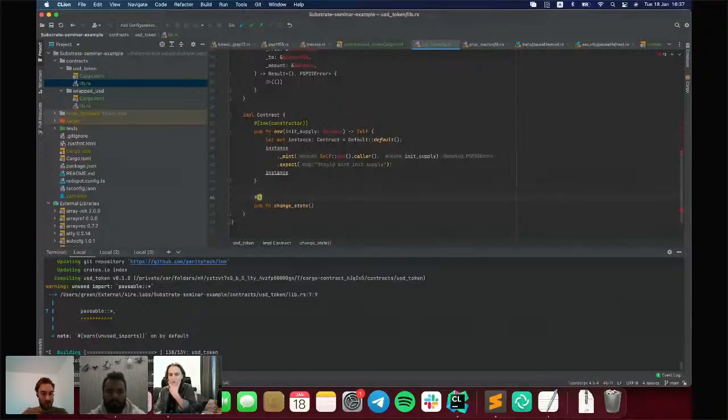And who can call this? Right now in our example, as I said in the intro, everybody can call it. But in real scenarios, only some people, like a predefined address or, for example, the deployer of the contract, can call this function, which is only for administrators of the contract. Or through governance of sorts.